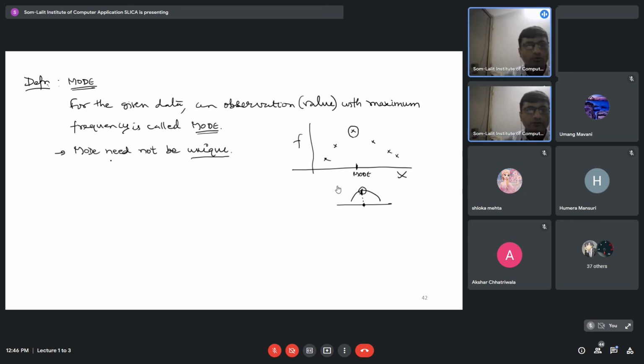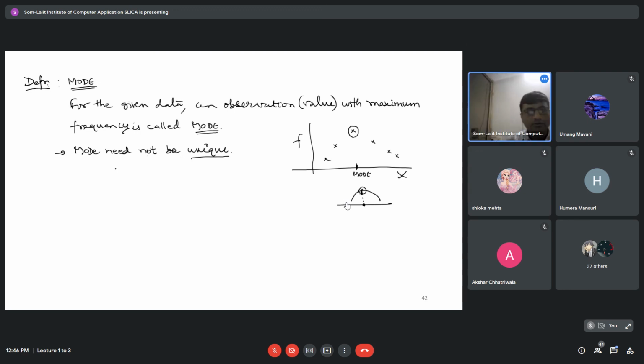So mode need not be unique. And why it is a measure of central tendency, as I've shown here, for one observation you have the highest frequency, and that's known as the mode. For example, if I have observations like this: 2, 3, 4, 2, 5,